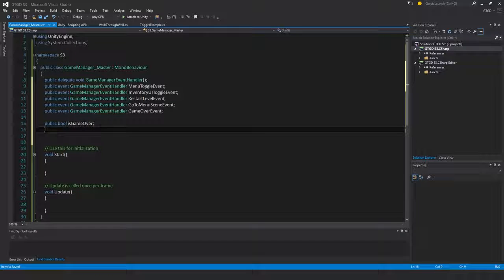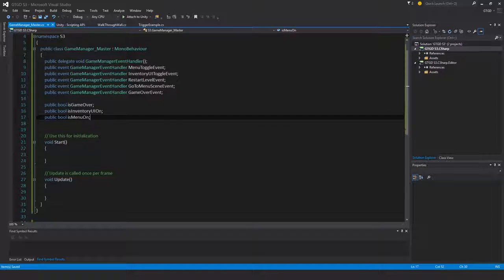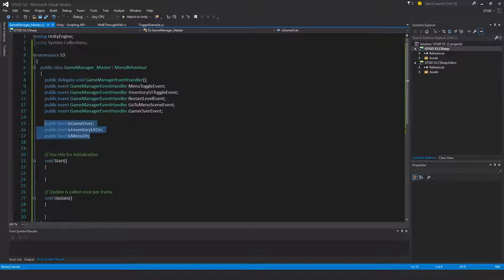I also need to check if the inventory UI is on, or the menu scene or the menu UI is on. So I'll do here public bool is inventory UI on. You'll see how these all get used in the next couple of videos. And public bool is menu on. Okay, so those are my flags done, and these will be checked by other scripts that will be referencing the